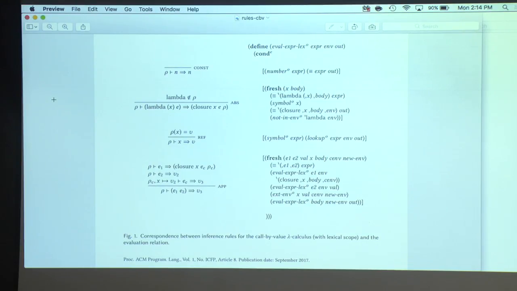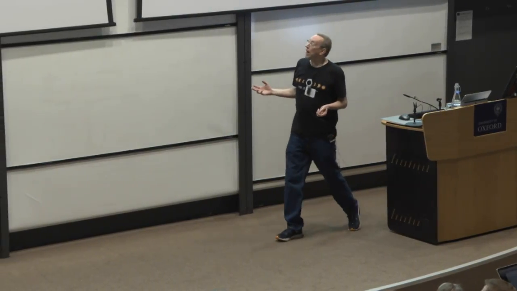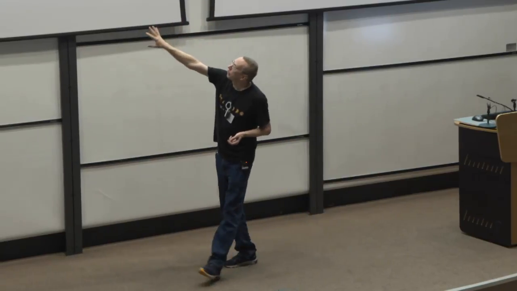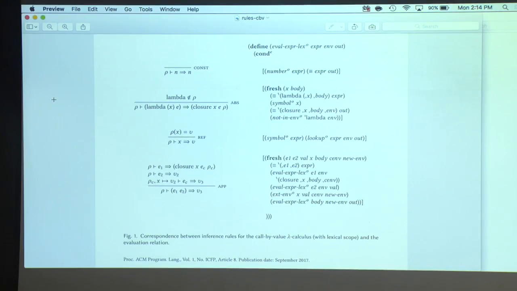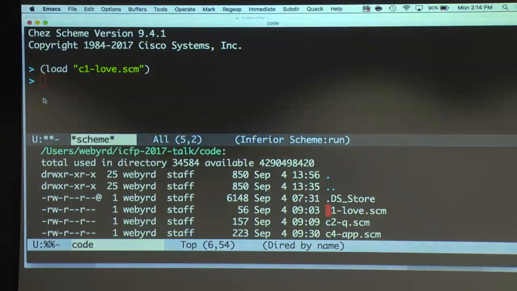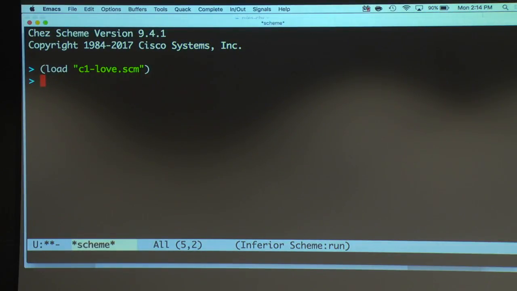For some of the versions of the interpreters I'm going to show you, we have some optimizations that make it more complicated. But the idea also is that we want to be able to easily translate operational semantics into our language and so forth. Okay? So once we've done that, now we have this interpreter, we can play some fun games. So our interpreter, just like we have eval in Scheme, let's say. So let's see.